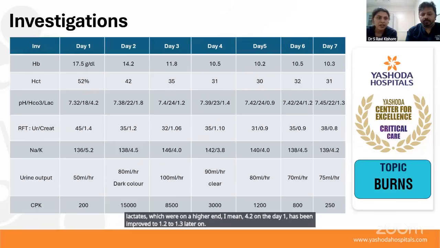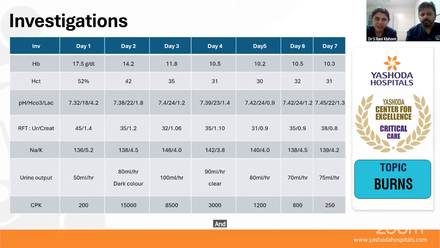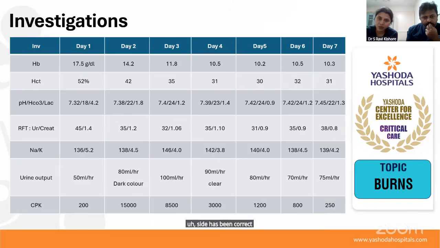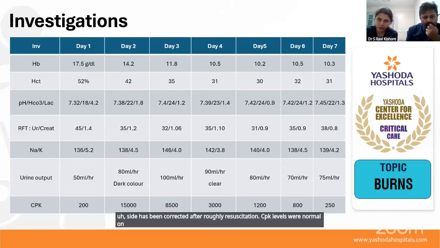Creatinine has settled down, and potassium was on the higher end of the normal range, 5.2, and later it was corrected. Urine output, which was initially on the lower side, was corrected after fluid resuscitation. CPK levels were normal on admission, rose to 15,000 on day two, and followed a declining trend after